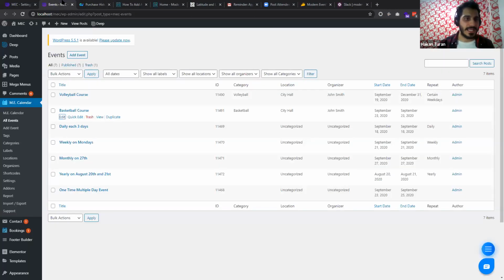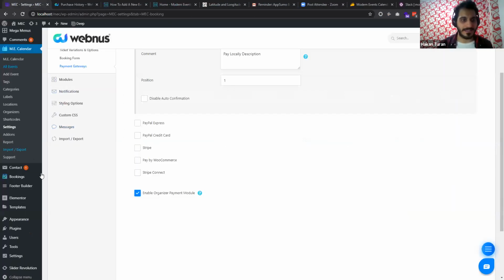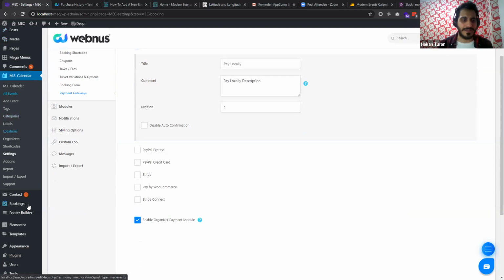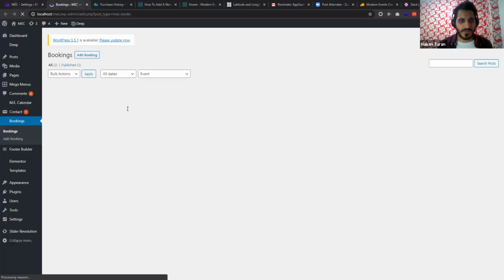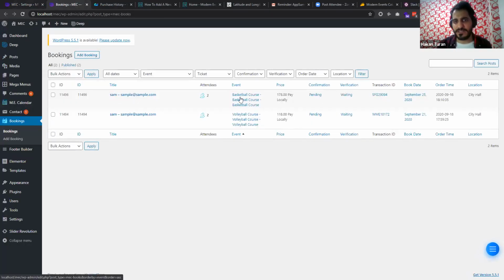So let's go back to our backend settings. So how do you see how many people booked your events? In your WordPress backend, you will see another tab here called bookings. By clicking on bookings here, you'll be redirected to this page where it can show you how many events or tickets have been